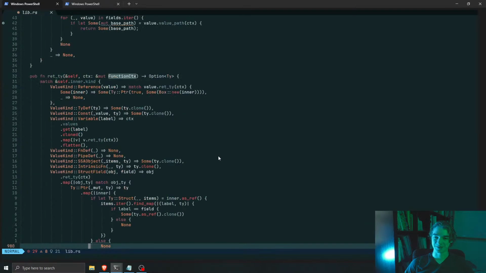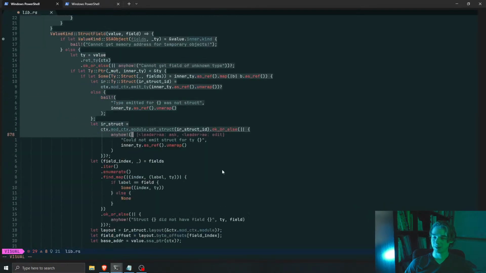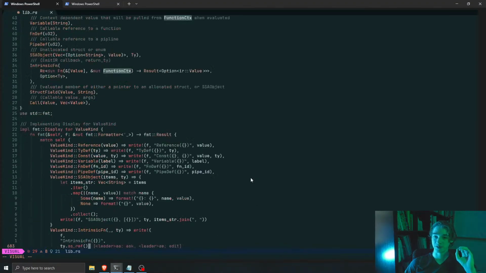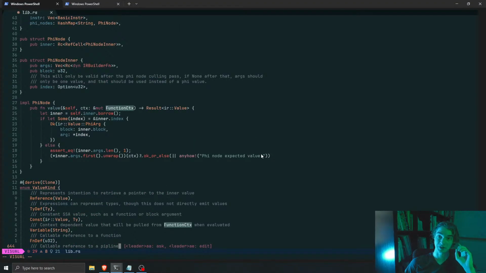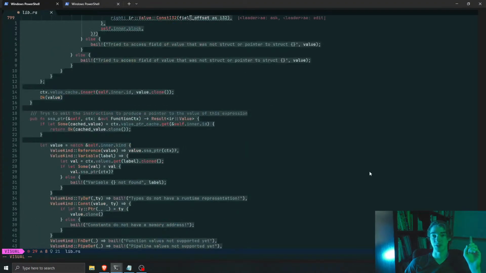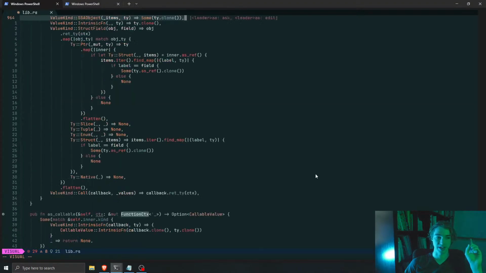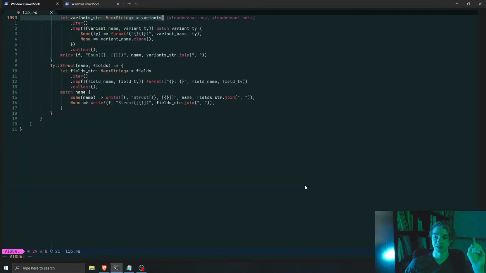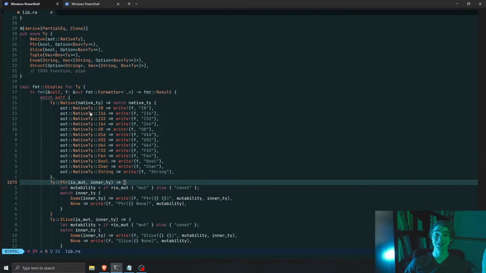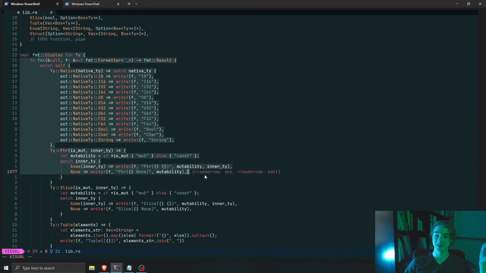Basically we just have to copy kind of what we were doing here, but it's going to be a lot easier because we are no longer lazily emitting values, we're just emitting the values directly, which means, and this is also why I committed my code to have a store, because what I'm going to do is just nuke everything. Because you know what else I did? I created an entirely different